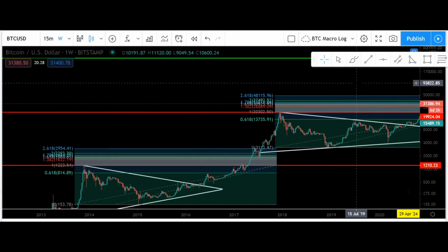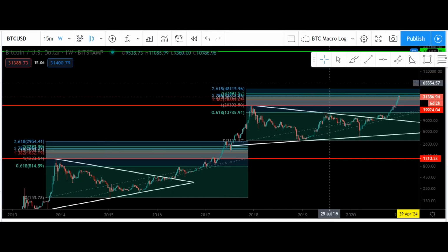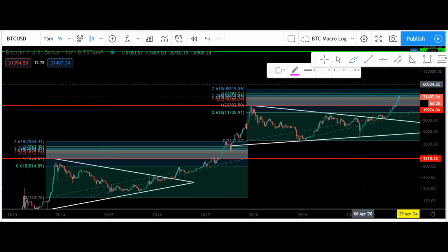Because one thing I want to mention is, as I was being a bit of a degenerate on Twitter and just looking at other people's opinions, I did see someone who said that they did sell at 32.8 thousand or something like that. And guys, there's nothing wrong with taking profits, nothing wrong with that. But he said he's holding out until $10,000 to get back into the market. And this isn't to point the finger at anybody, and I know it's a little bit like story time here, but what I want to point out is